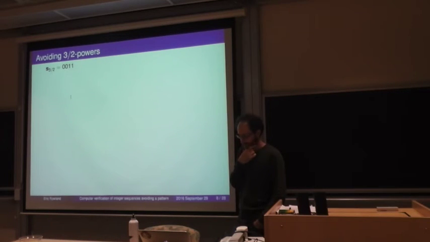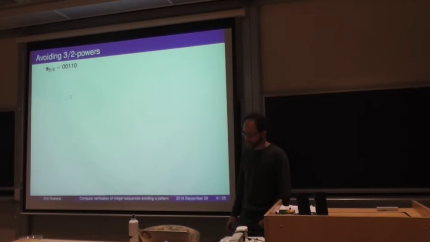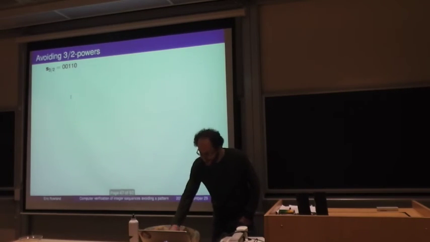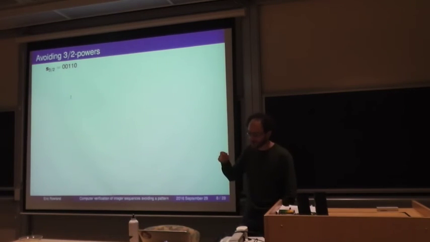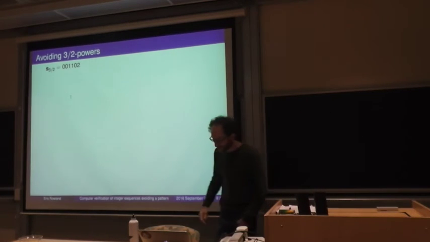So what's next? Now we can put a 0, I think. We can put a 0 again. No, we can't, because 0, 0, 1, 1, 0, 0 would be a 3 halves power. We also can't put a 1, because 1, 0, 1 is a 3 halves power, but a 2 works. Right, if we haven't seen a 2 before, we can always add a 2 because it won't introduce any 3 halves powers.